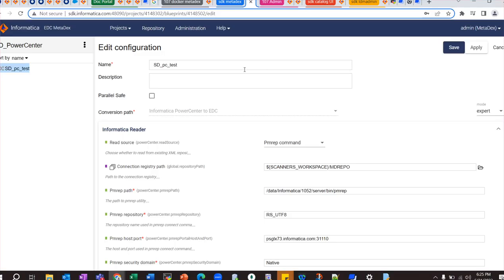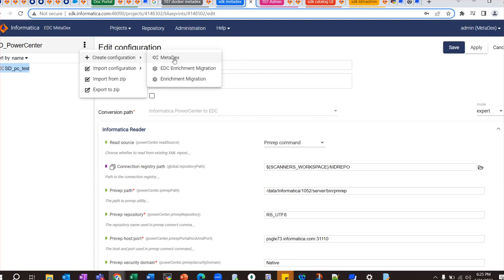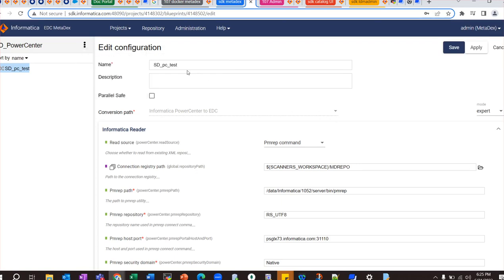So I have already created a configuration. All you have to do is create a project and under administration, you need to give the permissions for the user in order to create configuration. Once you give the permission, you can create configuration under create configuration Metadex. Give the name for a configuration, and you need to select Informatica PowerCenter to EDC as the